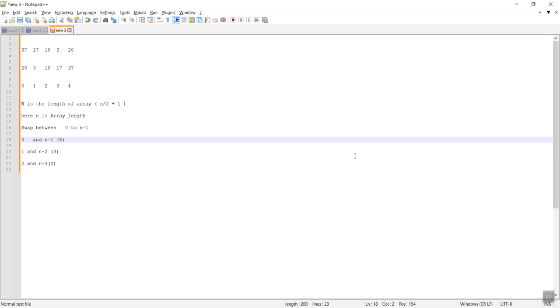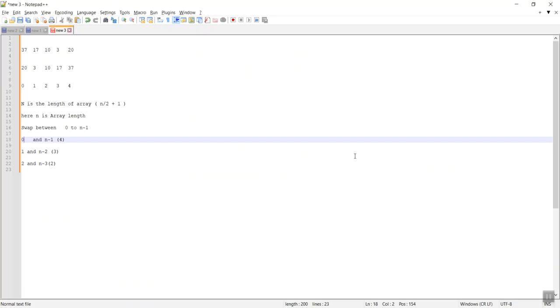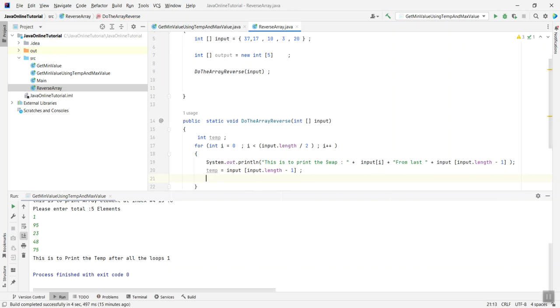So let's suppose our length is... so from input length -1, input dot length -1. Okay, so here we'll see temp equal to now input I, input